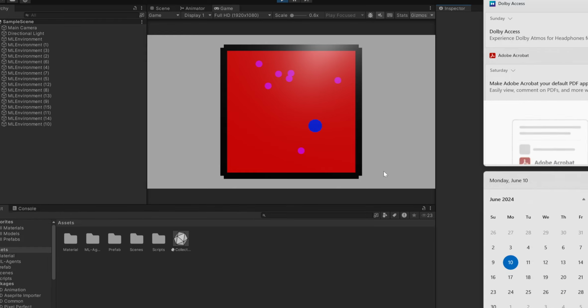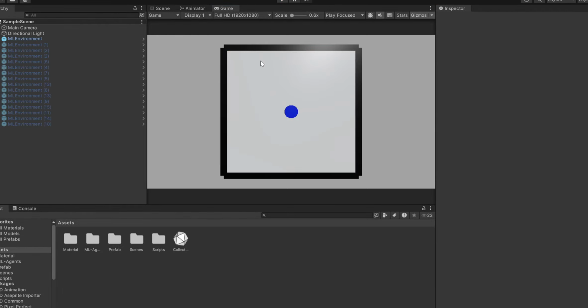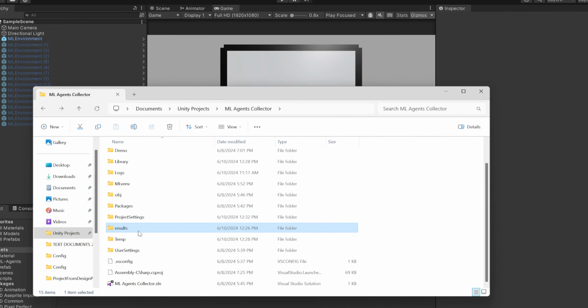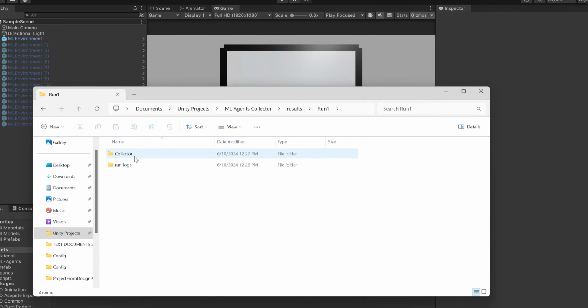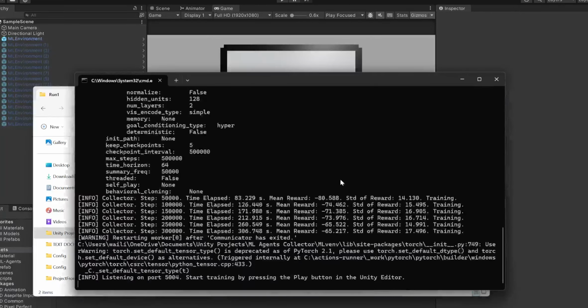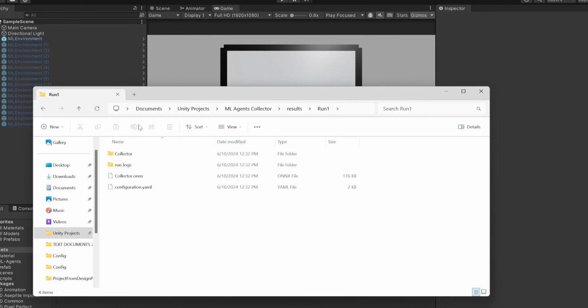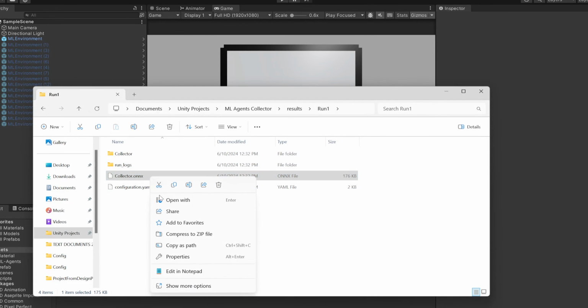But yeah, it's 12:32, so let's end it. And I'll show you how to get the model into your project so that you can use it for your game. So you go to your file system, you go to the results. So it's run one, and then oh, we have to end the run. So Control C, that ends it, and then it copies the Onnx file to the folder. And the Onnx file, that's basically the brain. So copy this,